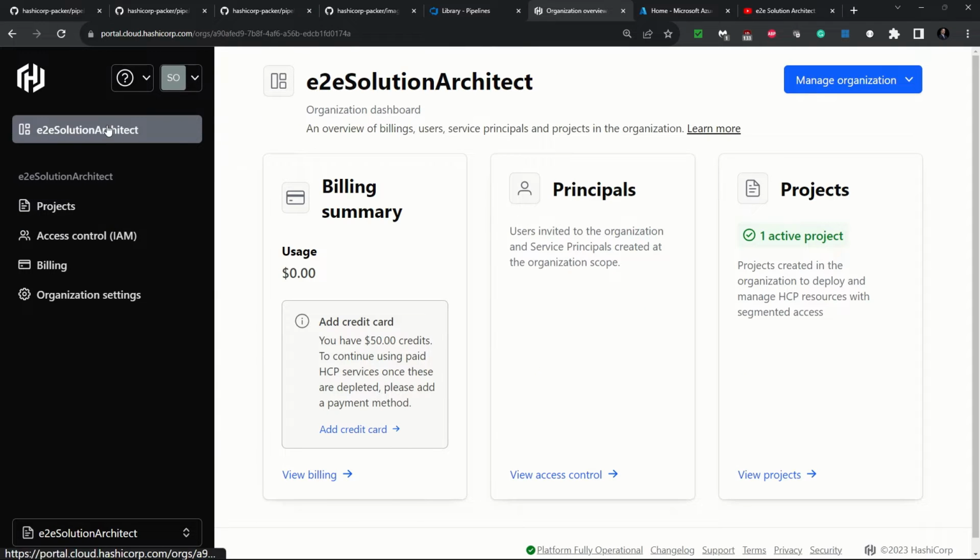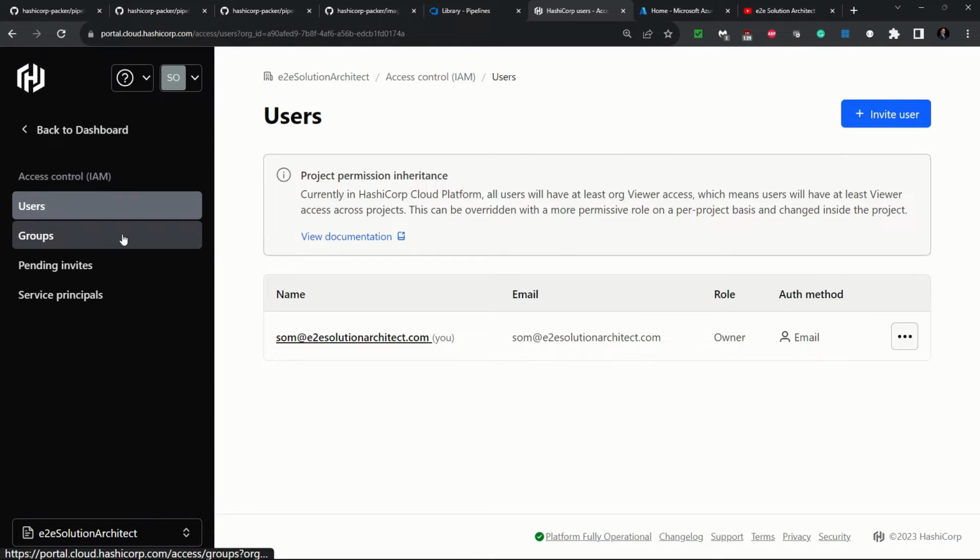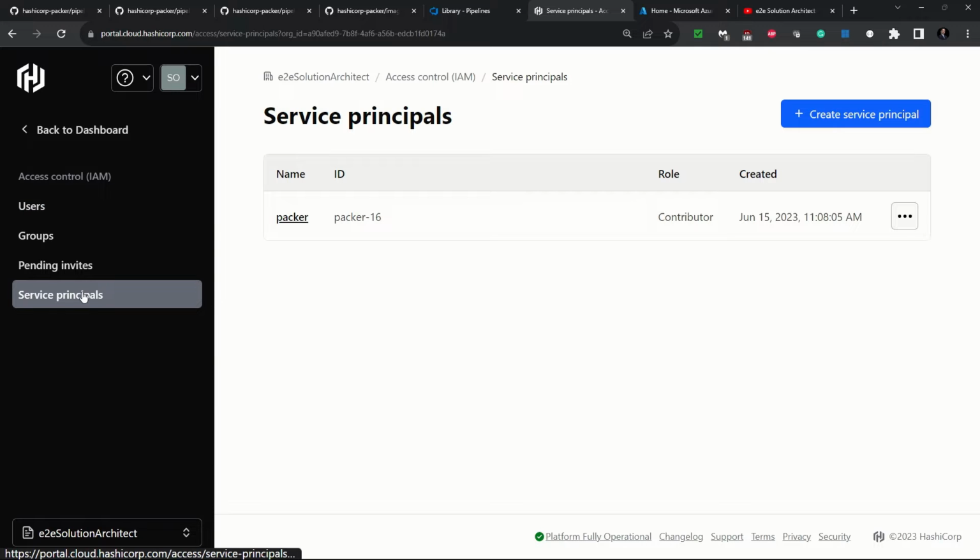So this is the HCP project basically, or the organization I will say, not the project, because an organization contains multiple projects. Okay, so under organization you will find access control IAM. Click over that and under access control IAM you will find, on the left side, service principals. So click over the service principal and here you need to create this service principal and you will get the